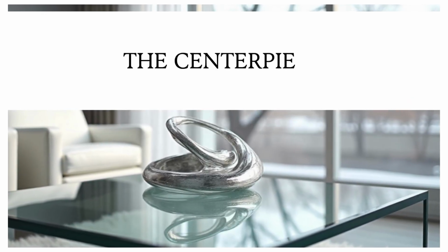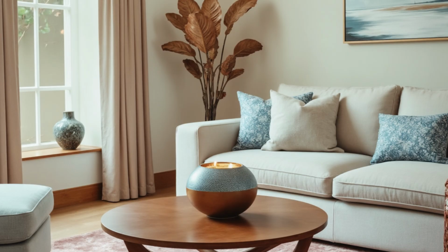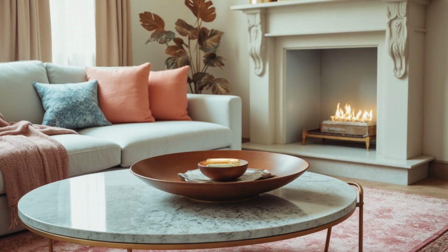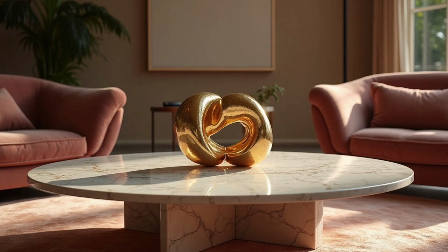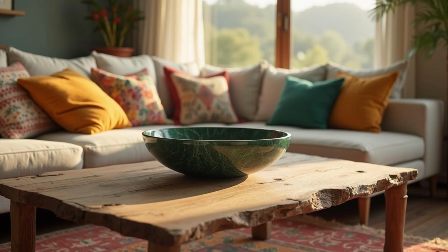Next up is the centerpiece. Now, if you like a more minimalist look to your decor, the centerpiece is the option that you want to go for your coffee table. With the centerpiece, you want a much larger item. You want something that is really going to be a statement piece because it's going to stand alone on your coffee table. Things that are great for the centerpiece formula are going to be large decorative bowls, sculptures, or geodes,